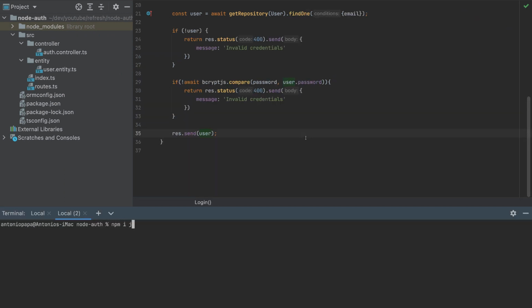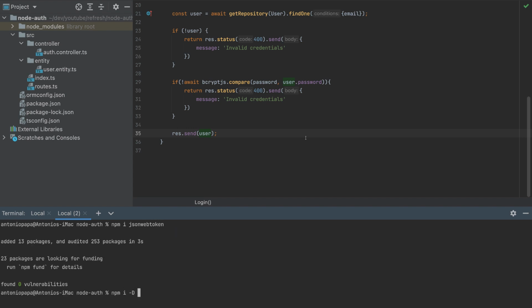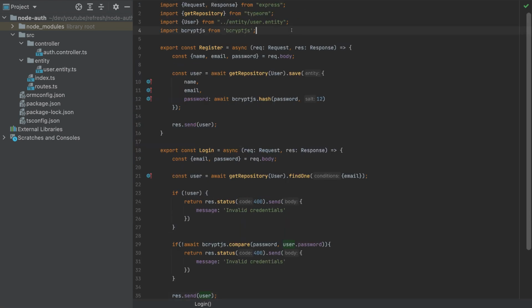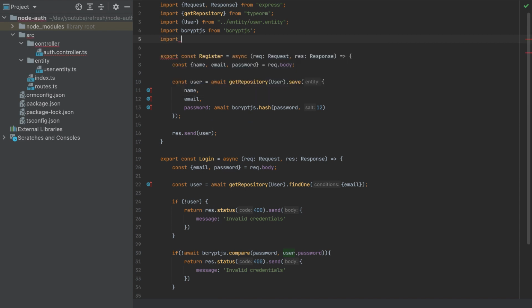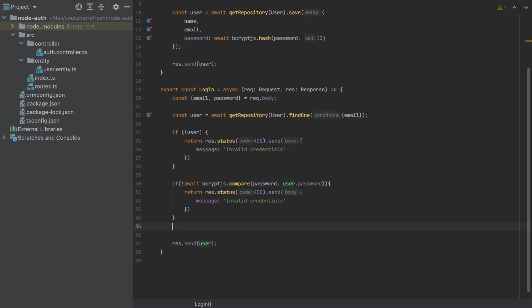So we need to install the package JSON web token. Also, we need to install as a dev dependency types JSON web token. Now we have to import that package. So we need to import from JSON web token. We need to import the sign function. So let's create an access token,